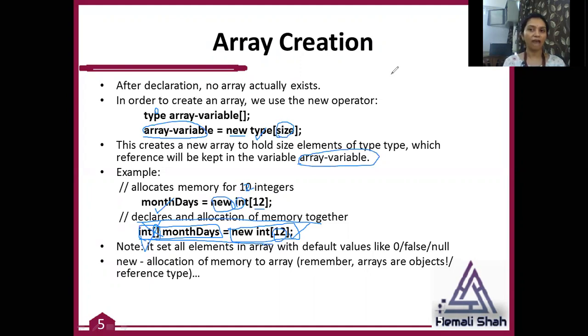So in Java, if you are not going to initialize the values inside the array, it will always take the default value. New is a keyword that allocates the memory to the array. Keep in mind another thing, in Java, an array is a reference type. It is not a primitive data type. That means if you use the assignment operator with an array, it always passes by reference. That's why it is a reference kind of data type.